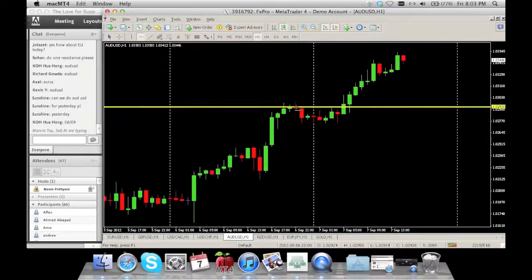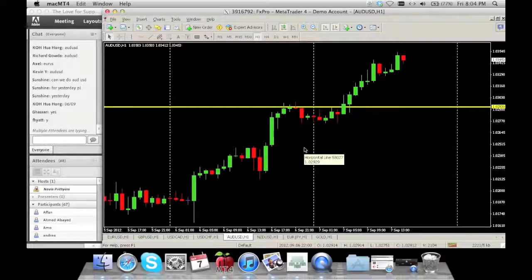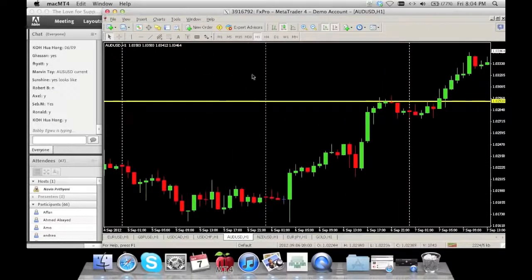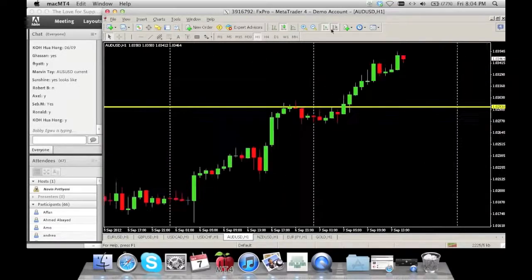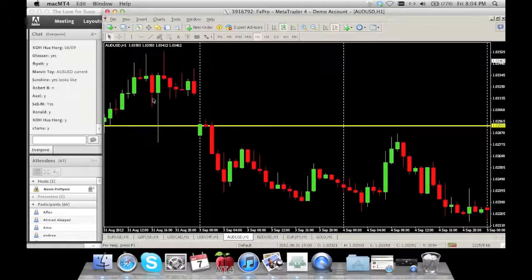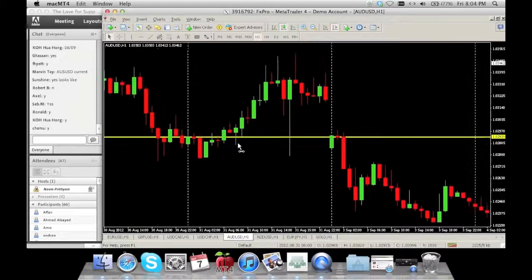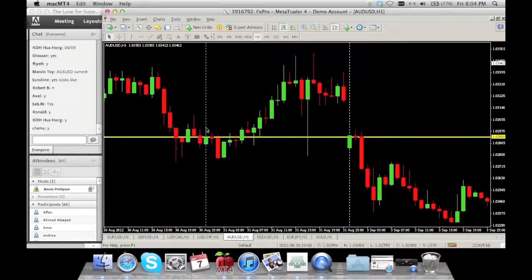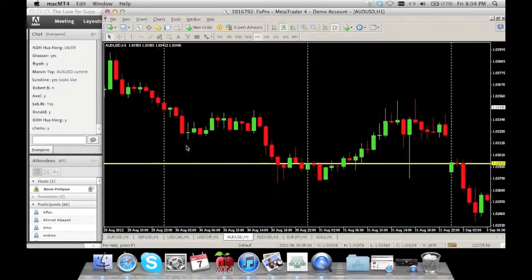Is this a level of resistance? Yes. Okay. Yes. This is a level of resistance. No body outside. It's been touched several times. Let's go into the past a little bit, see if it's held. It's held through here, big tail here, okay. And then we got a little whipsaw here. Okay, maybe, maybe not. Level is not that strong.